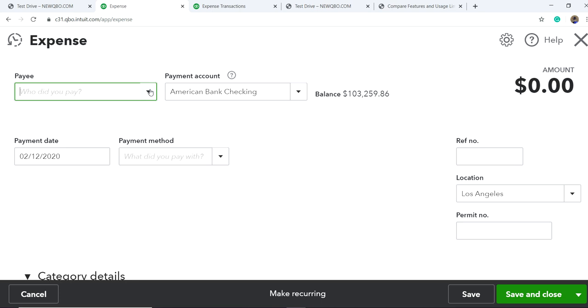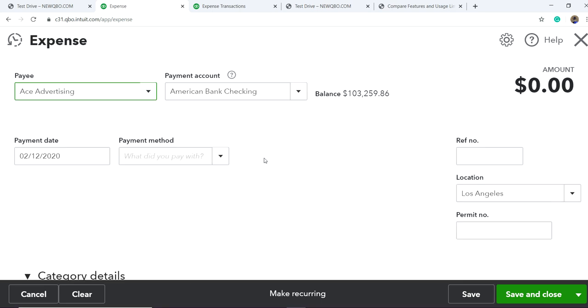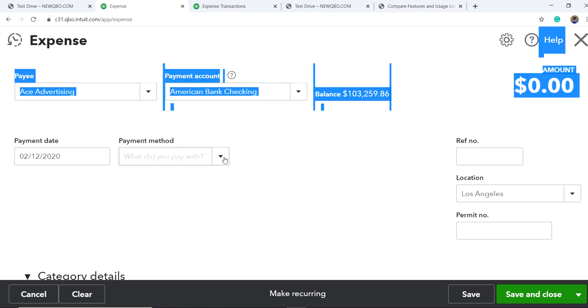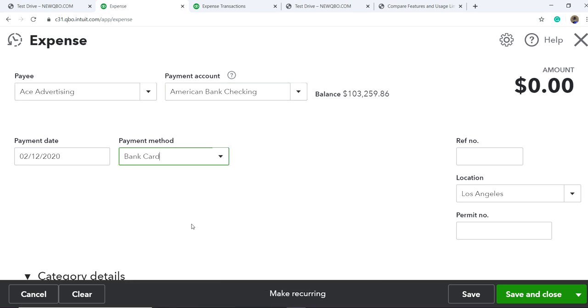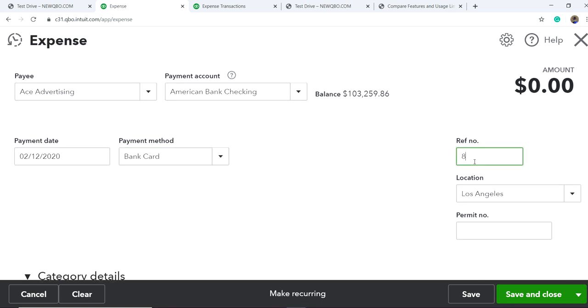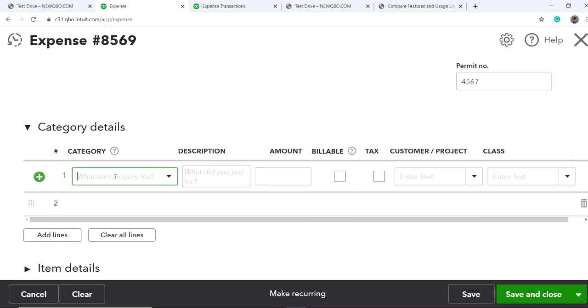Okay, and let's say the vendor, let's say this is for advertising, and I'm using this bank. If it's a different bank or credit card, you can select it. Alright, so I'm going to use bank card, not writing check. Okay, and the alright, this is the advertising. Let's say